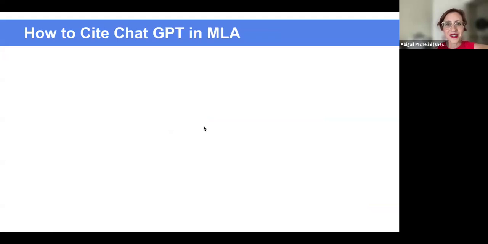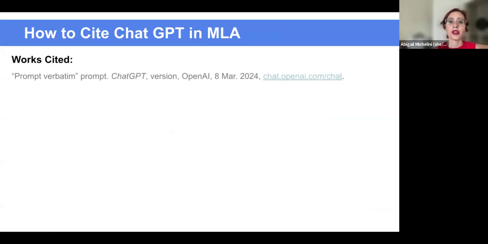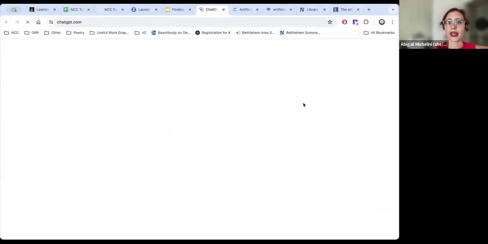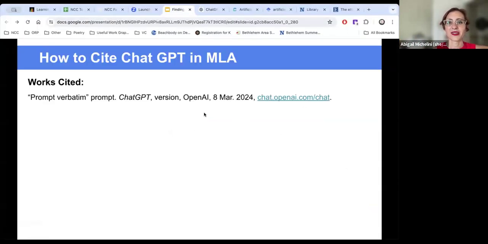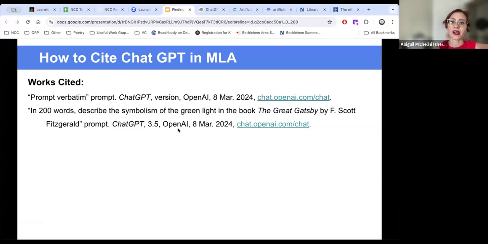Now, something you probably don't know at this point or might not know is how to cite ChatGPT in MLA. So I'm going to show you. The works cited page looks like this. You're going to put the prompt that you typed in. That's your words asking ChatGPT to do whatever you asked it to do first, in quotes, and then put prompt. ChatGPT goes in italics. The version number. The company is OpenAI, the date of access that you access this chat, and then the general link, okay? Whoops, I actually clicked on it. There we go. Okay, here's an example, all right? So here's the prompt that someone wrote, ChatGPT 3.5, OpenAI, and everything else is the same.